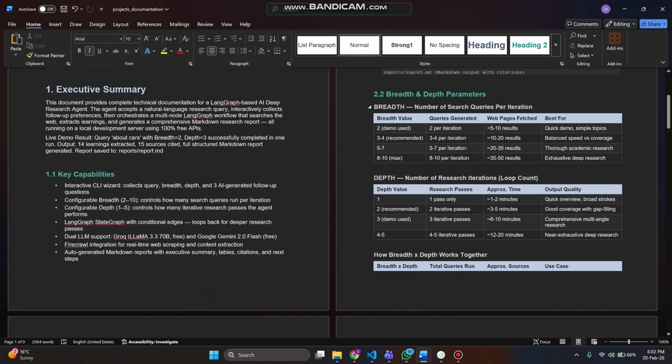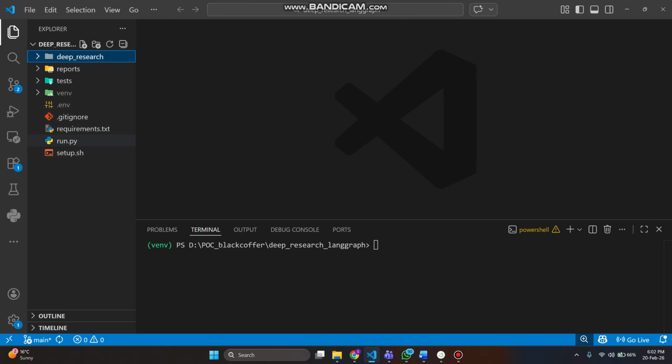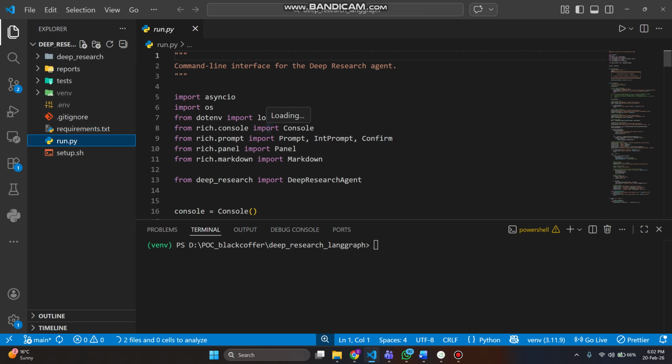So this project is a simple AI research agent. The idea is simple. Instead of spending hours searching the web, reading articles, and trying to piece a report together, this agent does all of that for you automatically. You give it a topic, it researches it across multiple rounds, and hands you back a full structured report with citations. The output is not just bullet points; it's a proper document with sections like analysis,